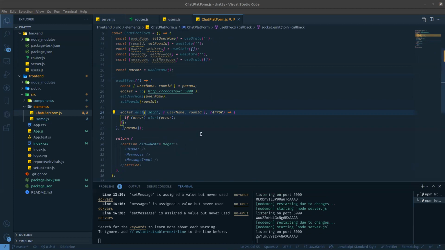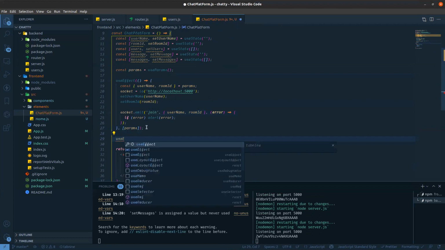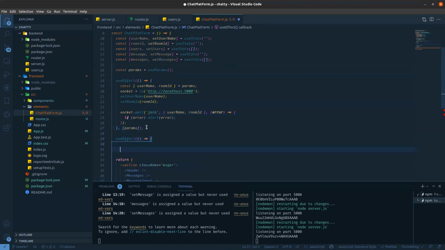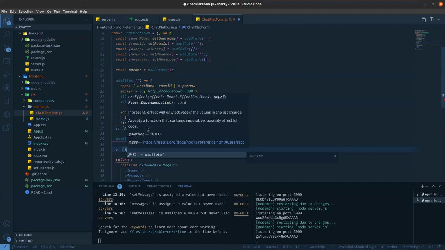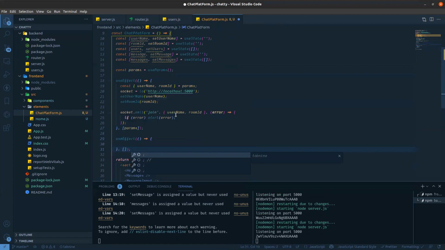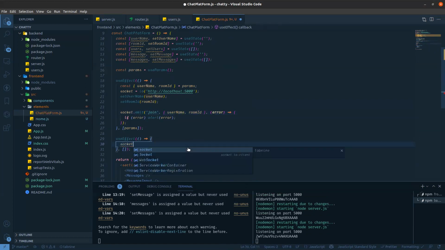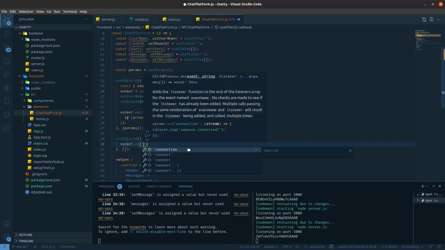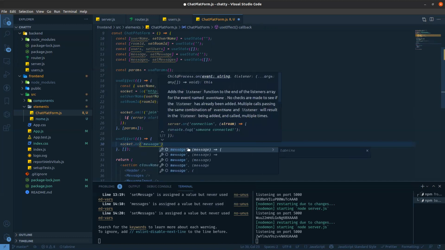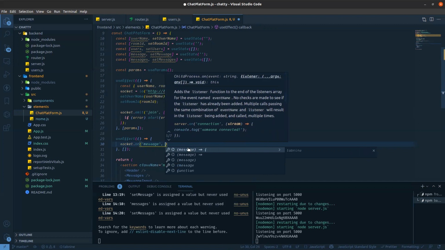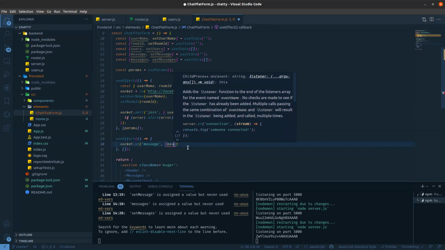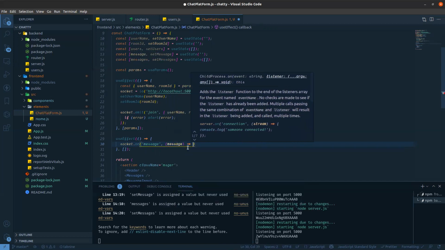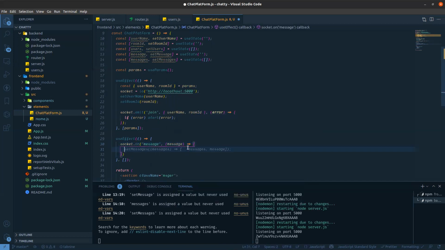Here I am creating another useEffect. In it, with socket.on for the message event, when a message is fired, we will get the message.